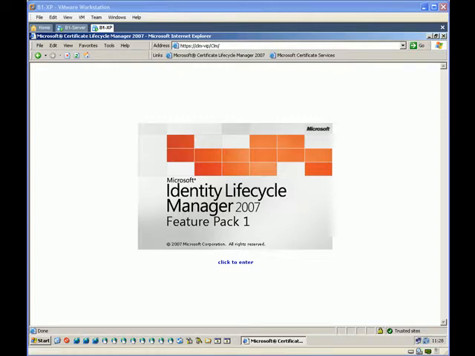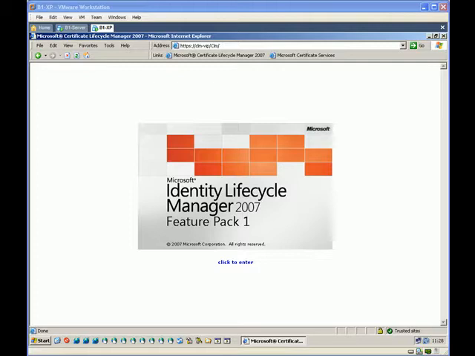For this demonstration, I'm going to show how Certificate Lifecycle Manager is not just for managing smart cards. It can also be used for what we call software certificates, that is, certificates stored in the user profile. And we're going to be using Microsoft Encrypting File System for this scenario. What's more, we're also going to see how CLM can be leveraged for scenarios where the certificate issuance isn't initiated